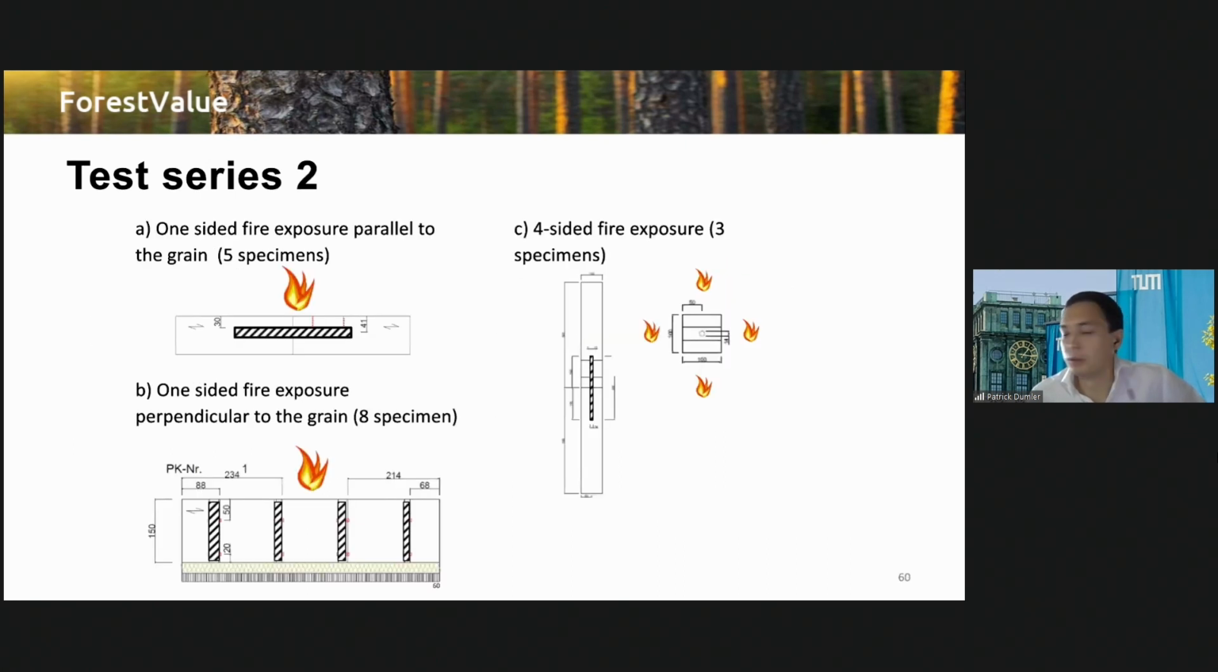For test series 2, we had different fire tests with glued-in rods. They were either one-sided, exposed to the fire, or four-sided in the case of C. And these tests should show the temperature development inside the glue line for different variations of the connection. We differed between the diameter of the rod and glue line thickness, and especially for the series B, we had